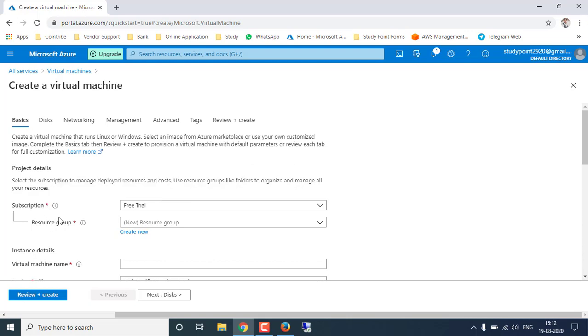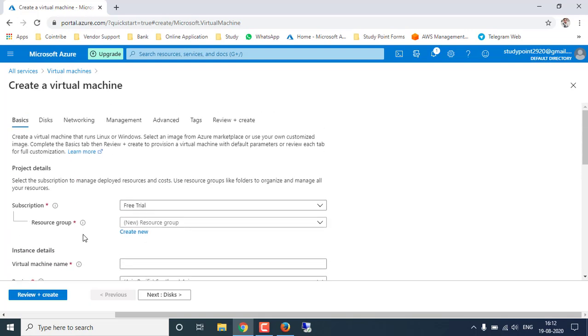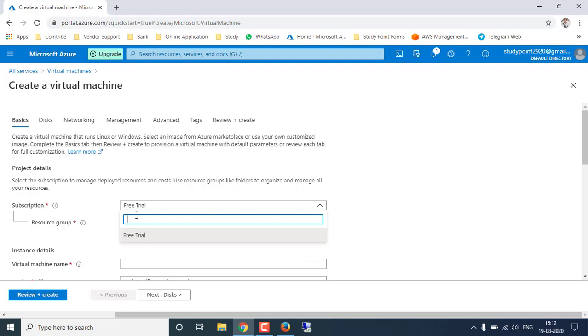You will see these two things are very important, and it will ask you in every resource deployment whatever you are going to deploy in Azure, and the remaining details depend on what you are going to do. In subscription, I have a free trial subscription, so it is selected by default. If you have any other, then it will be automatically selected here. Or if you have multiple subscriptions in a single account, then you can also select your subscription from the drop-down.